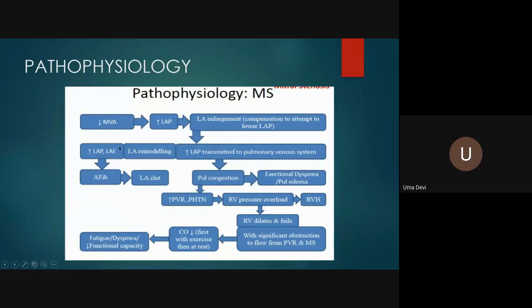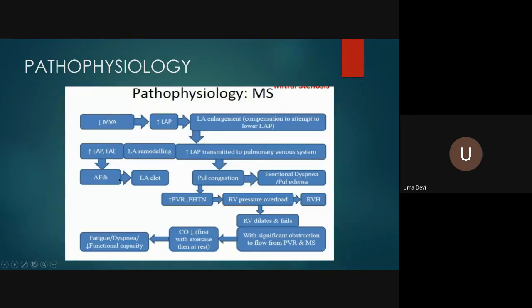Now, whenever there is a heart rate, that is the sinus node, SA node. So where is the SA node situated? Right atrium. Now, when you go into the anatomy of the right and left atrium, there are many points in the atrial musculature which have the capacity to give impulses. So whenever there is remodeling of the left atrium, many points will start giving impulses. When a lot of impulses start coming, it ultimately leads to atrial fibrillation.